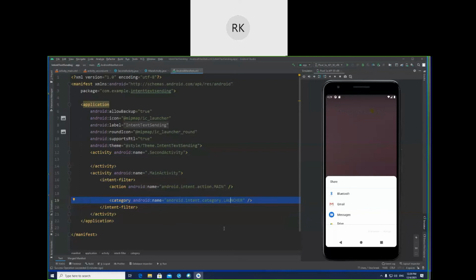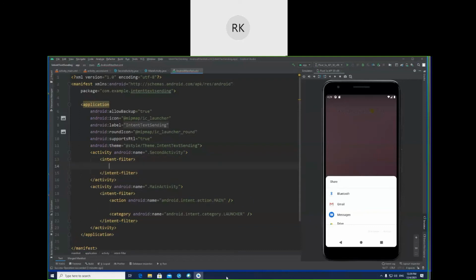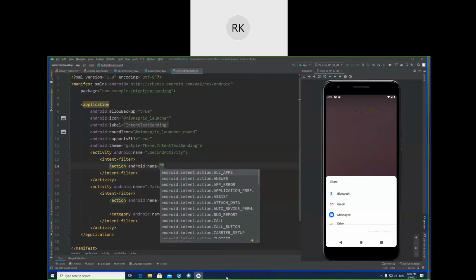So first of all, when the project loads, it will load the main activity. Now we need to add this intent and the action and the category to the second one also, in such a way that it should become able to receive the text and to handle the text. To do that, let's add an intent filter. Inside the intent filter, you can see that there will be the action. And in the action it will be android:name, and the action name will be